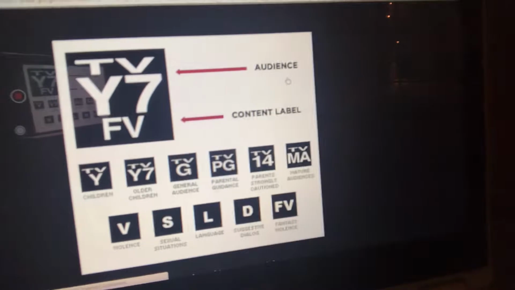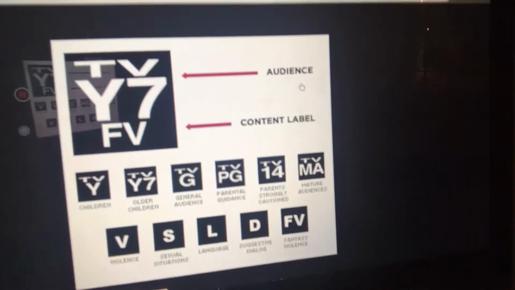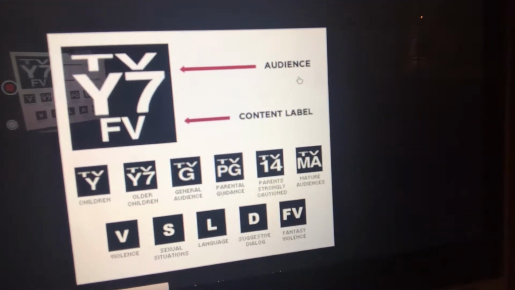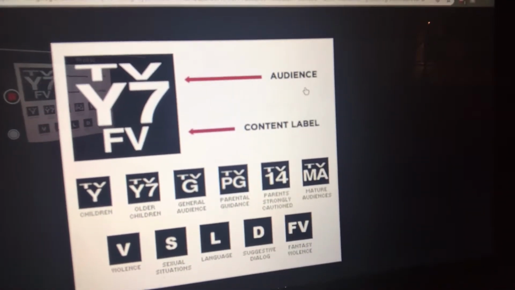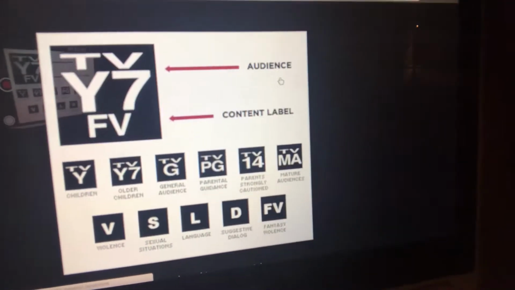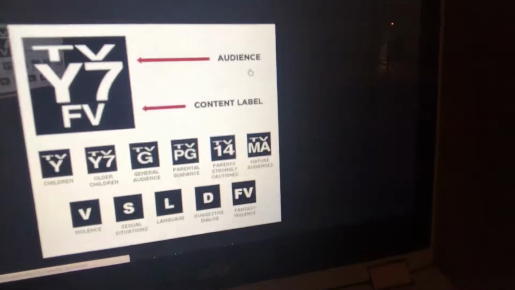These are found at the beginning of TV shows to help viewers know if the show is appropriate for them. You can also Google them before watching a TV show. They would have this, and in the first couple seconds of a TV show, it would also have this. So those would be the TV show ratings.